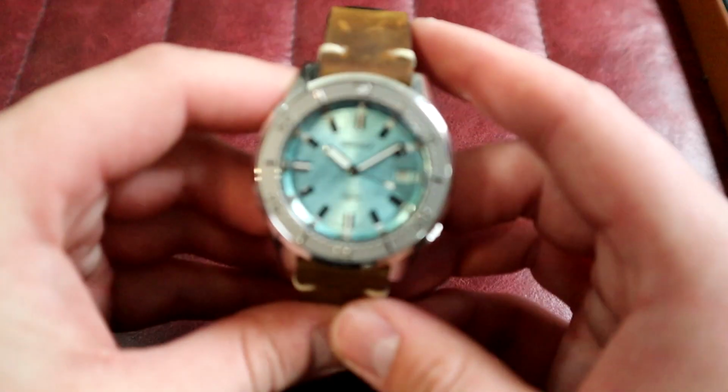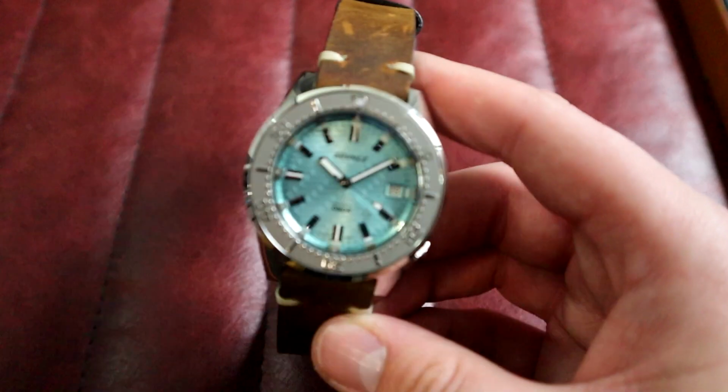Now some of you will remember this watch. This is the Squale Onda Azzurro Blue. We actually purchased it back off the gentleman who purchased it. He had a bit of a situation, needed some money, so we obviously were more than happy to help out and buy this watch back. So we're able to offer it again. Here we go. I'll try and keep this one short and sweet as we have shown this before, but this